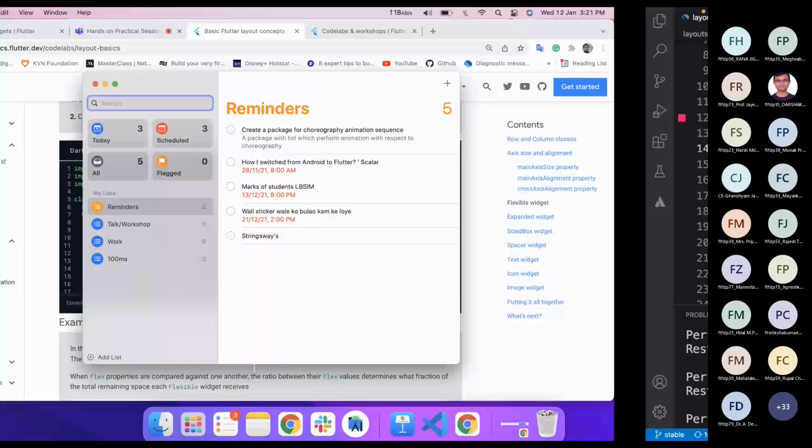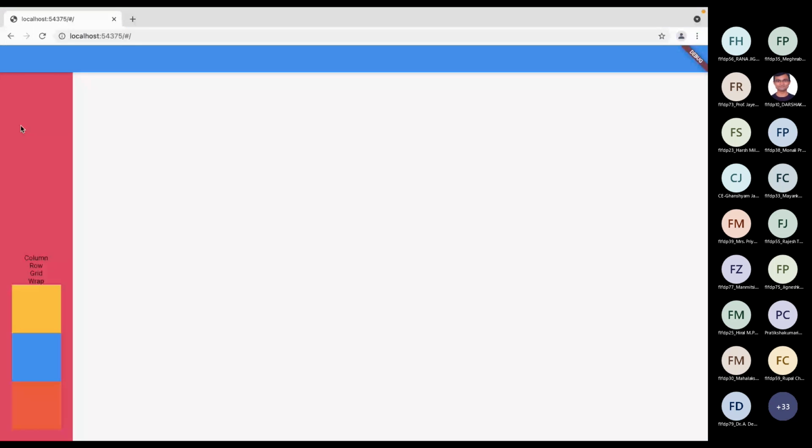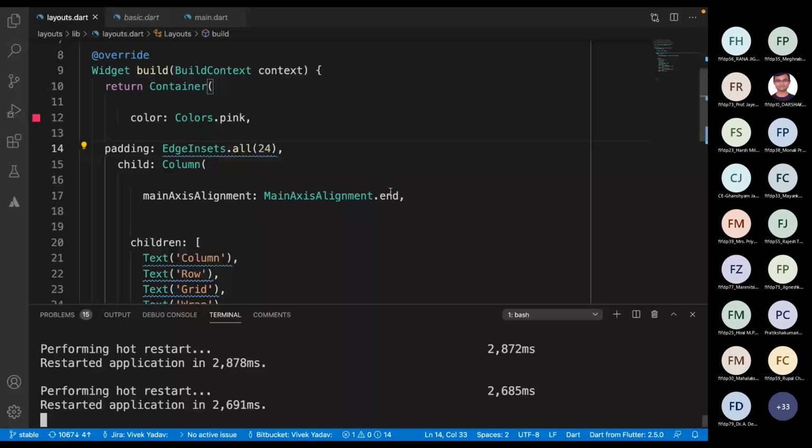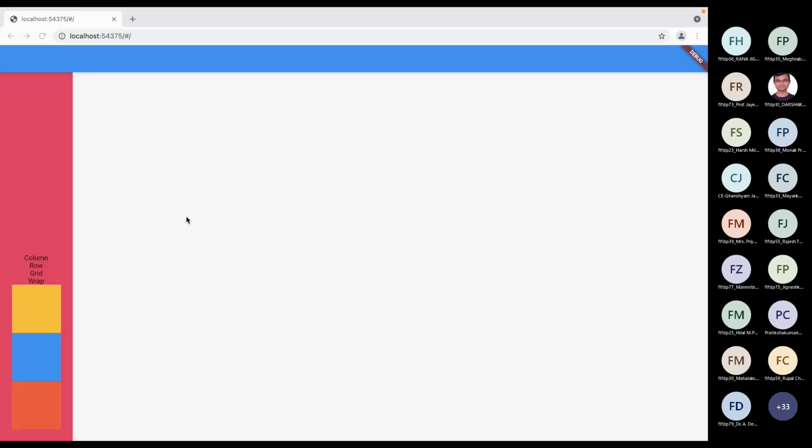okay, can we see that this is the column? Right now all of our children are placed at the bottom of this column, not at the top. And if I make it start and restart it, we can see that all of our children went to the top.